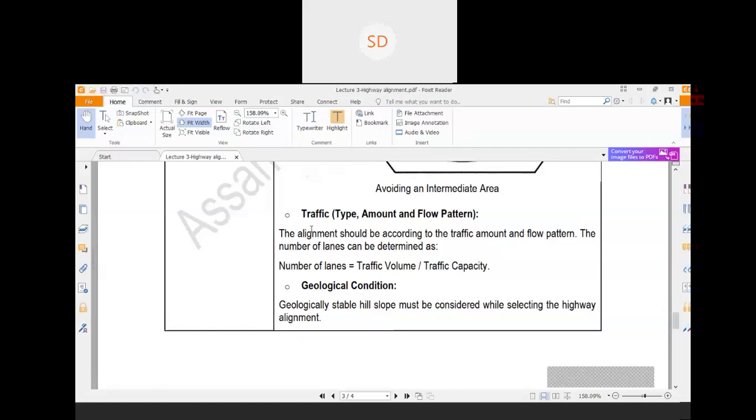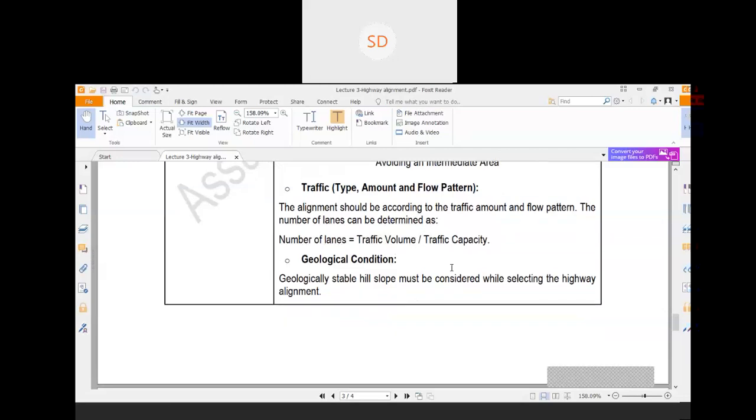Now, the number of lanes, that is the width of the road, is decided by the traffic present over there. This is a thumb rule to determine the number of lanes: number of lanes equals traffic volume divided by traffic capacity. Then our next point is